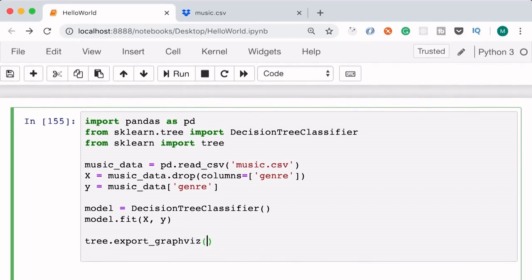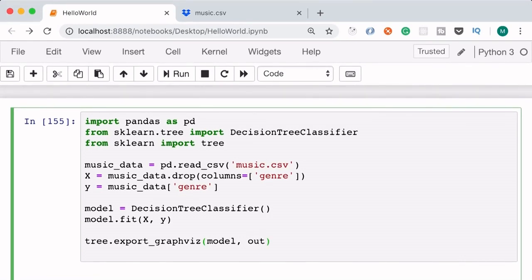Now here are a few arguments we need to pass. The first argument is our model. The second is the name of the output file. So here we're going to use keyword arguments because this method takes so many parameters, and we want to selectively pass keyword arguments without worrying about their order. So the parameter we're going to set is out_file.